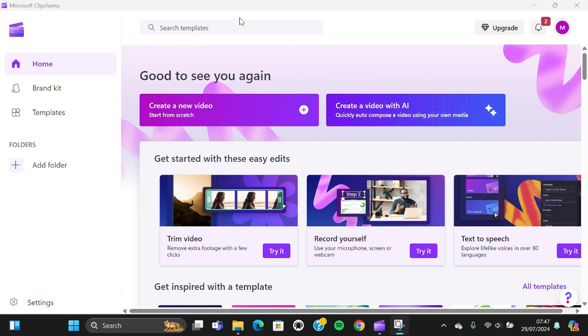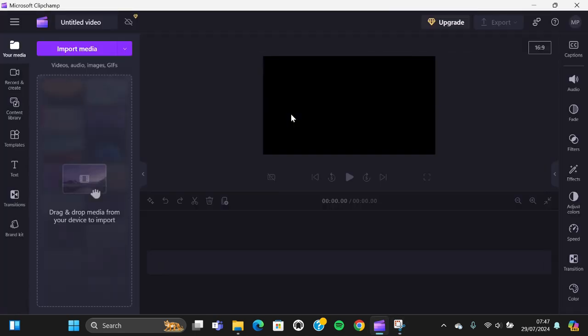In today's tutorial, I'm going to show you how you can do screen recording with Clipchamp. Okay, let's get into it guys. I have opened my Microsoft Clipchamp, and first of all, I'm going to create a new video. You can click on this menu to start creating a new video. And okay, now the project has been created, and if we want to record screen, we can go to this